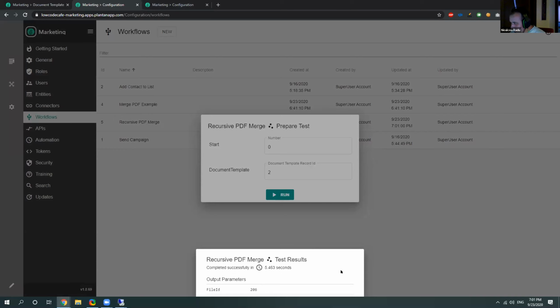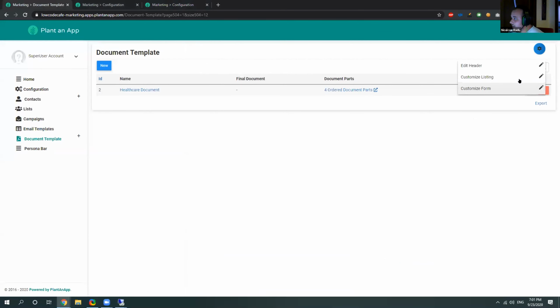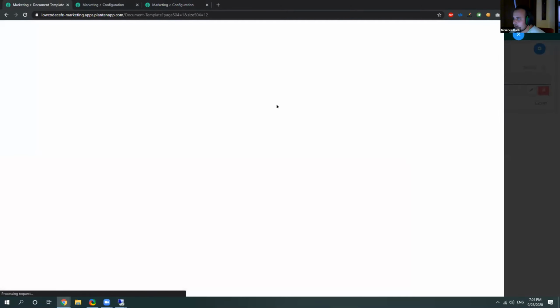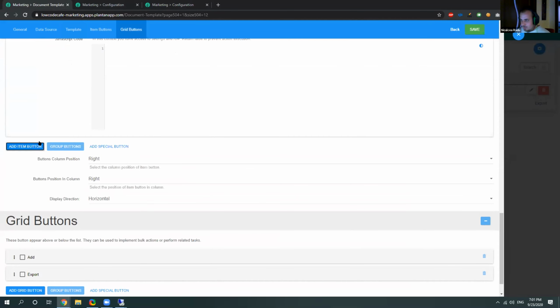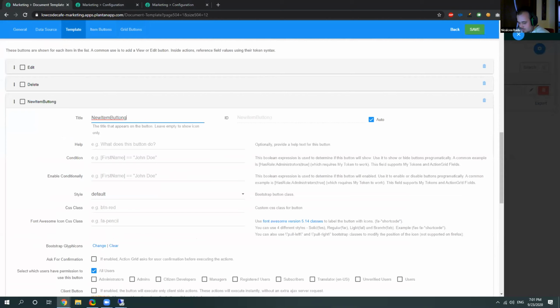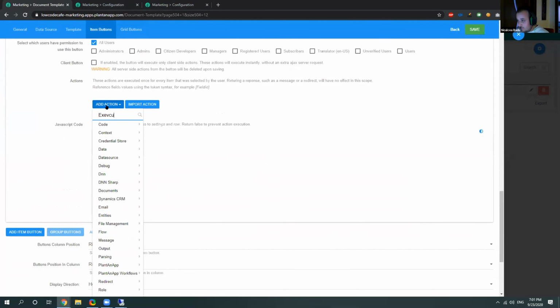This is not helping me. Okay. So I have a new document. I have the file ID 206. So now that I have this, I can quickly go here in my listing. I can add really quickly a new button. Gen file. Oops. Gen file. I can just say execute